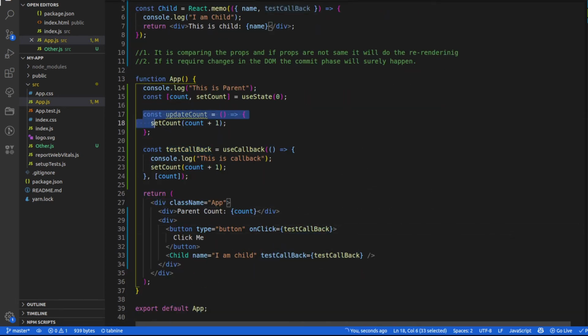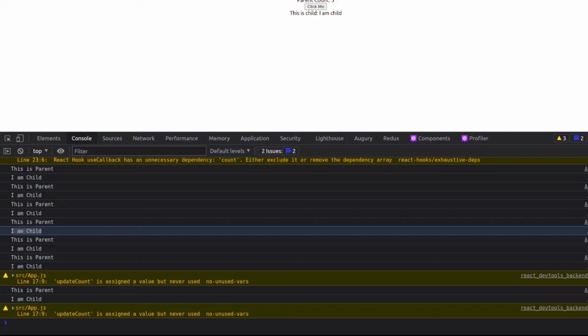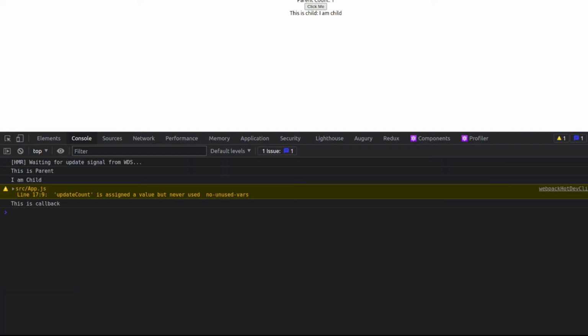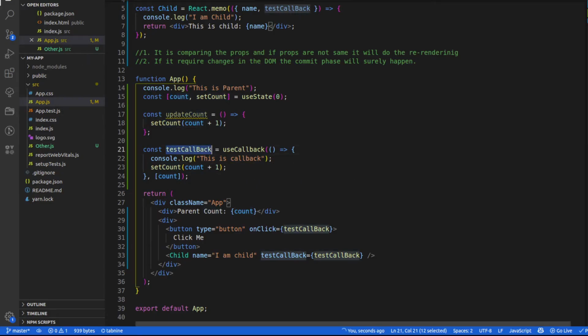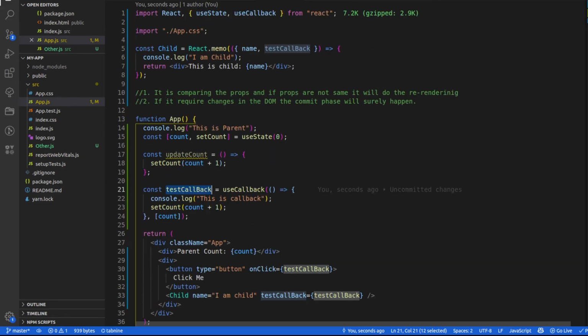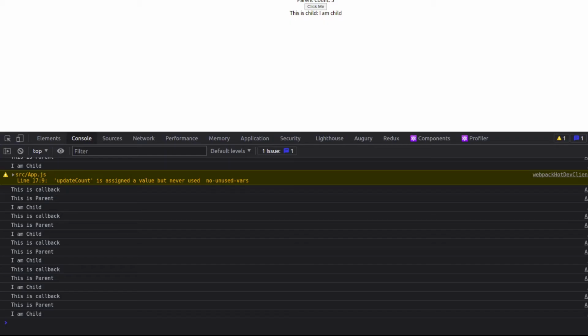So what we are saying is create another copy of this function only if count is getting changed. And in our case, whenever I click click me, it is updating the state. So whenever the state is updating, it is going to recreate this test callback function. That is why my child is getting re-rendered again.